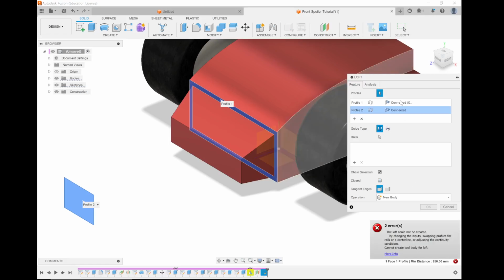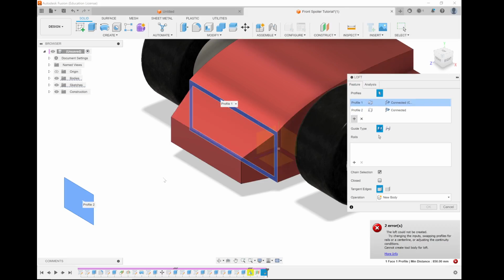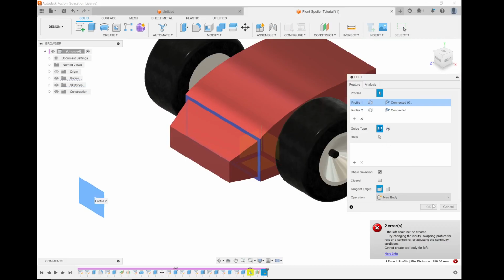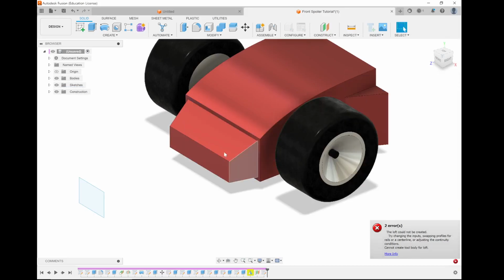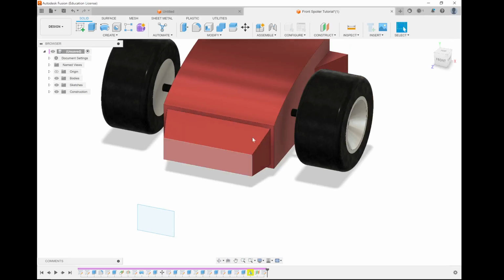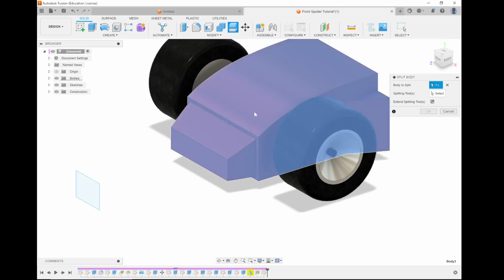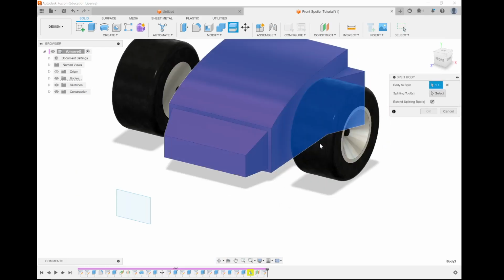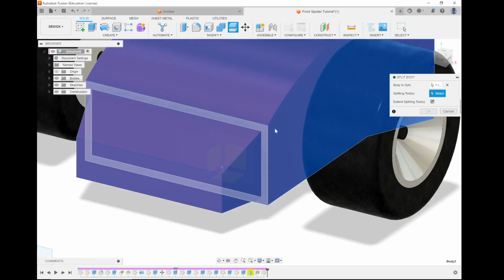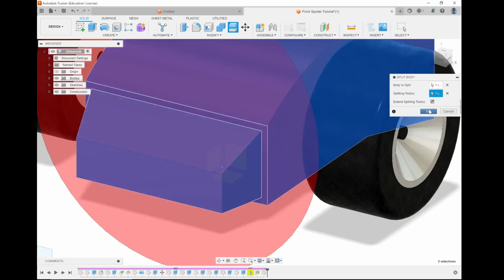No, not closed. Oh, maybe it has to be hollow, okay. We need to make a solid rectangle here before we can start. So before we do that, we will press the split body. We're going to get this body over here, and we're going to split it by this shape over here. And then when we press OK,